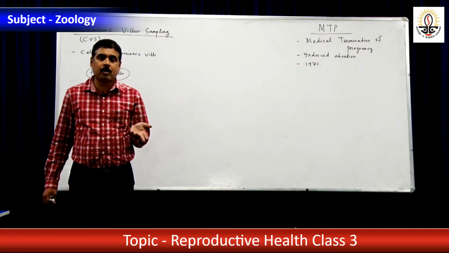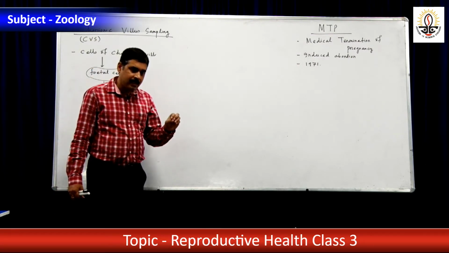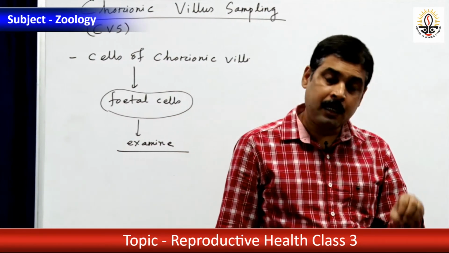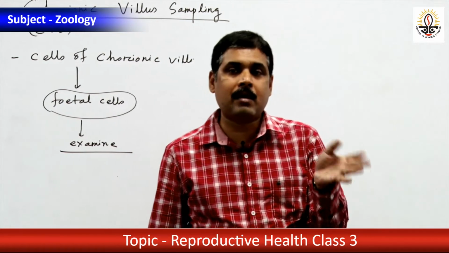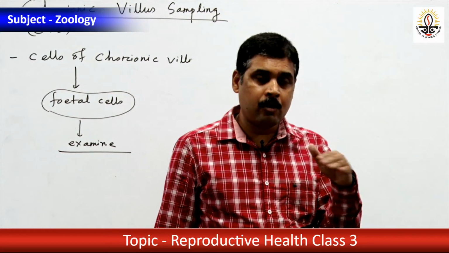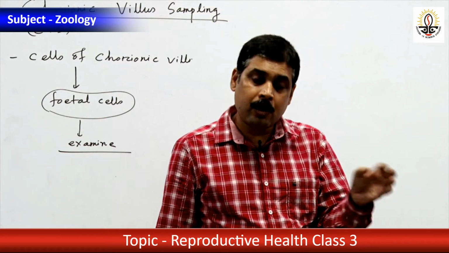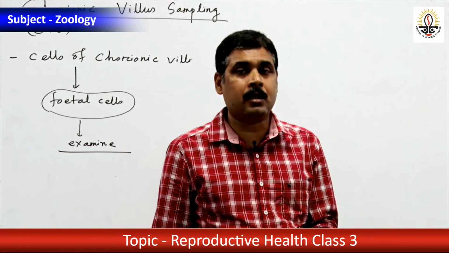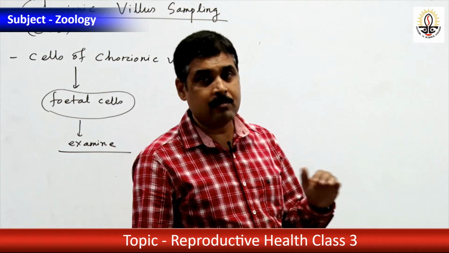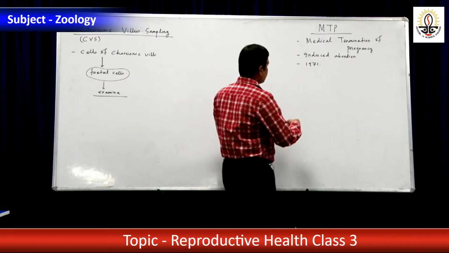Because it is applicable for complicated and defective pregnancy. Already I told you, if there will be a risk to the mother, if there will be risk to the child, if the child is having some congenital abnormality, if there will be some problem for the mother in childbirth, or if there will be casual sexual intercourse and unwanted pregnancies, in such cases MTP is normally recommended. That is why it is called induced abortion.